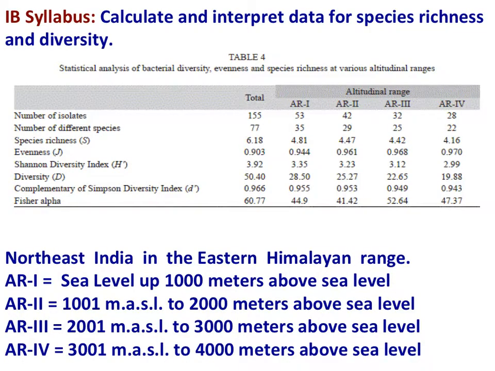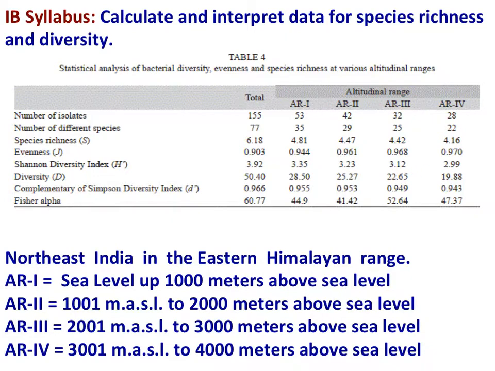On this table, data are presented from different altitudes in the Himalayas, from low altitude to high altitude. Notice that the number of different species goes down as you go up in altitude, but evenness actually goes up slightly. Nevertheless, in the Shannon Diversity Index, species richness is the more important variable, so diversity goes down as you go